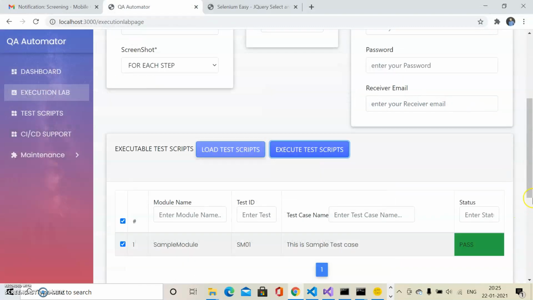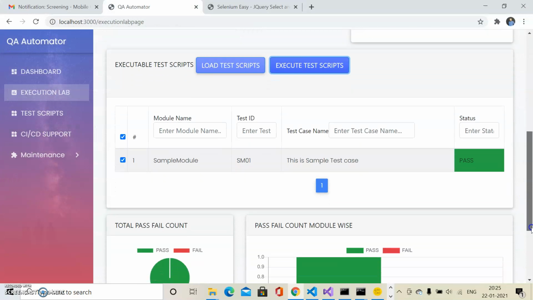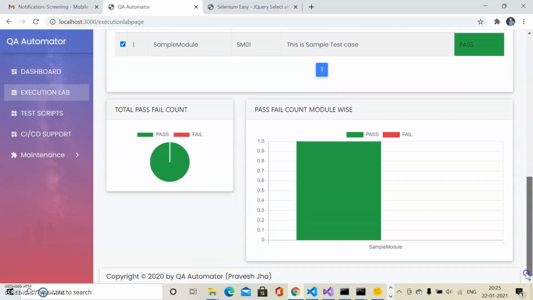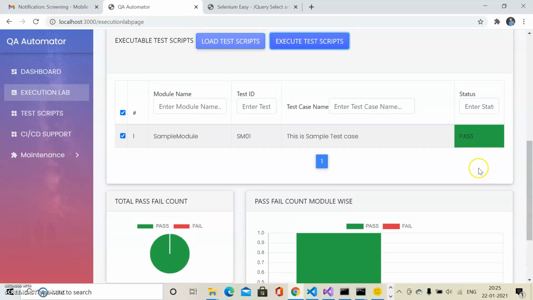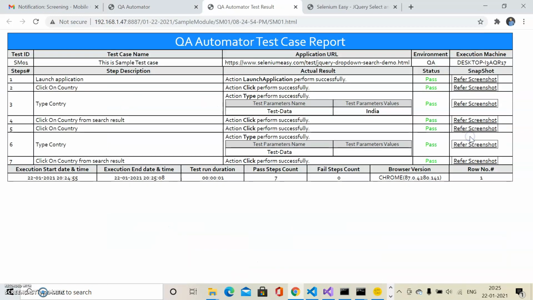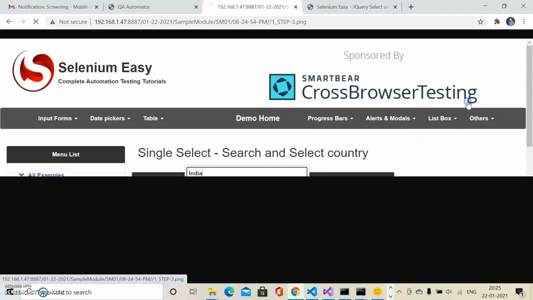Okay, so one test script is completed, your status will be updated, the graph will be populated, and you can see the test script results after clicking the links. When you click, it will give you the detailed reports. You can even verify by clicking refer screenshot.